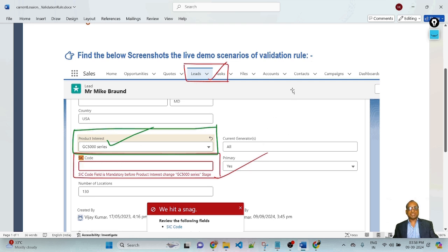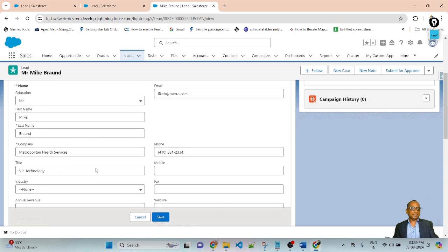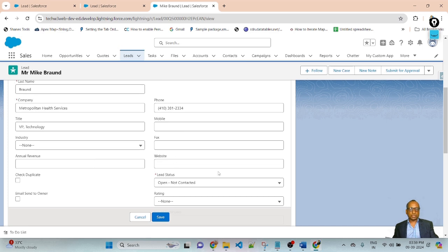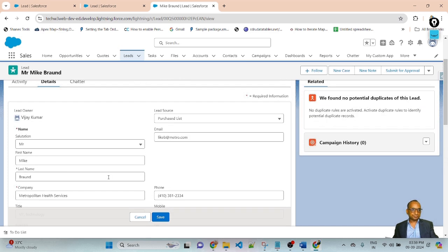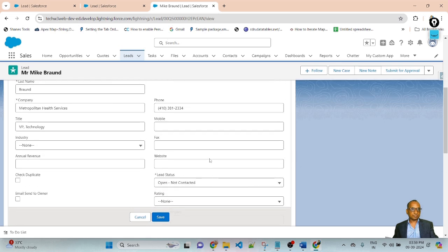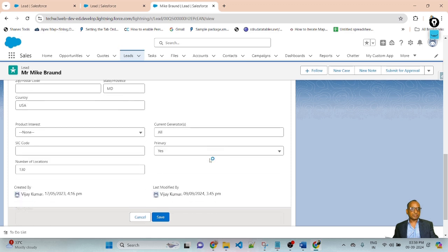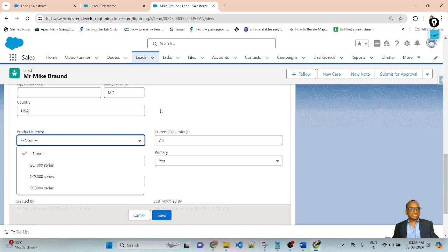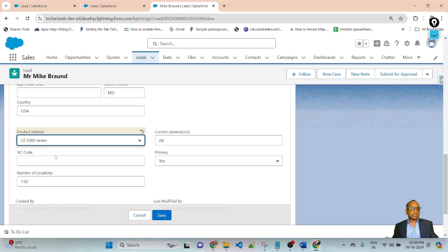If you go to the edit page, here you will get the fields. Here you can see product interest, which is a picklist value. As per the scenario, if I select GC5000 series and leave the SIC code blank and try to save the record, it will display an error message. This scenario will be achieved through the validation rule.